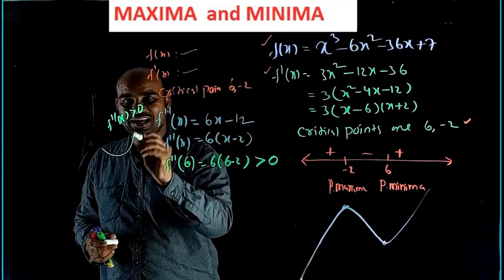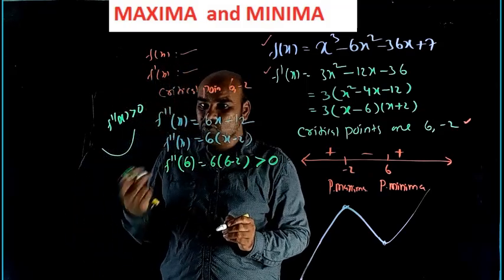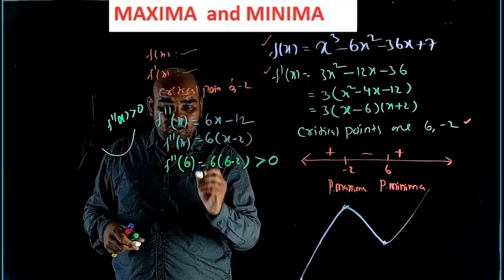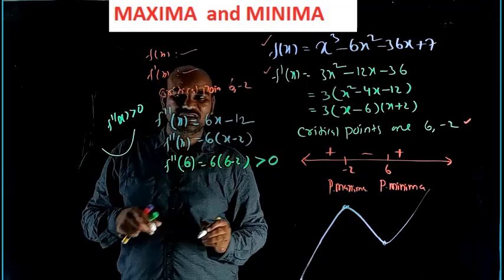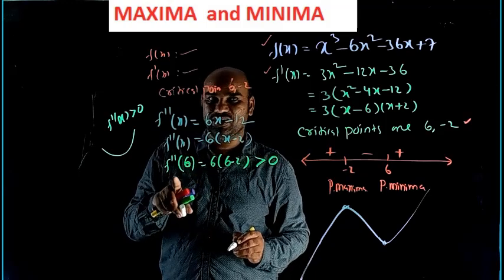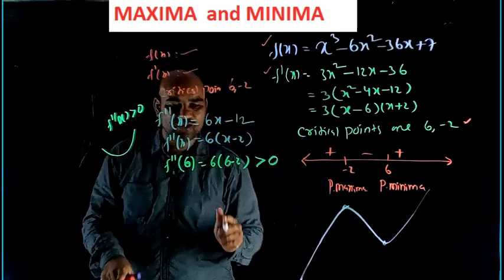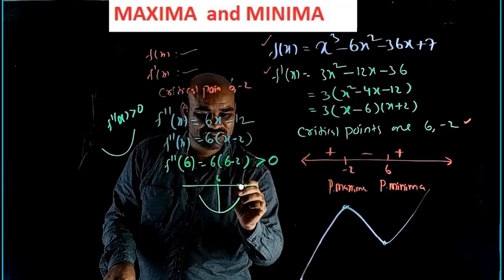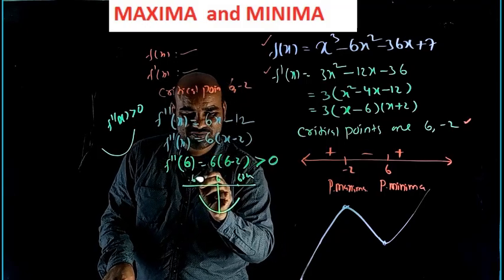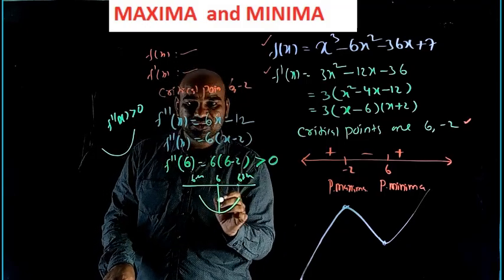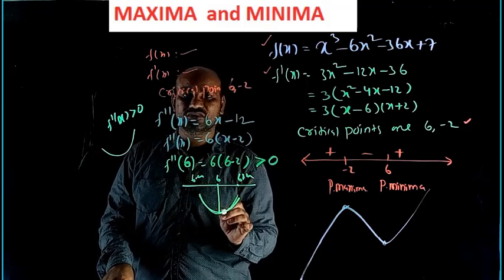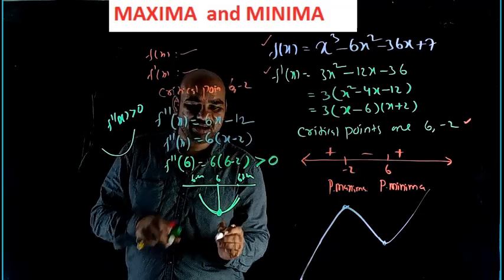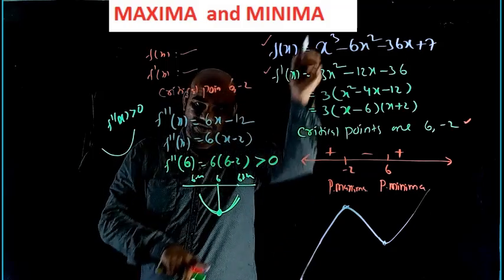Means the graph will be like this, concave function or concave upwards, for f of x with f double dash greater than 0 in some interval. So what happened in this problem? In the neighborhood of x equal to 6, this function is concave upwards. This is the x-axis, for example. Here 6, this is 6 minus h, 6 plus h. Just like so, in the neighborhood of 6, the function is concave upwards. Means this point is the minima. So 6 is the point of minima for f of x.